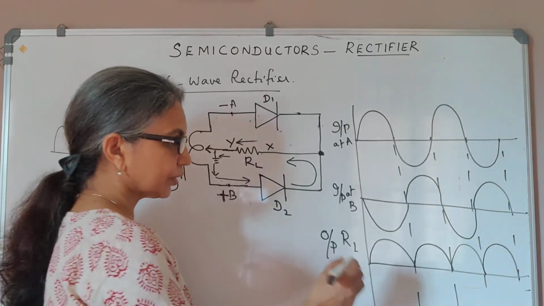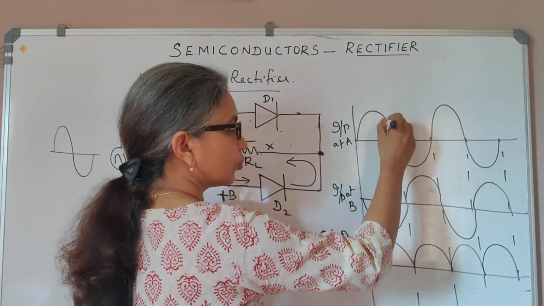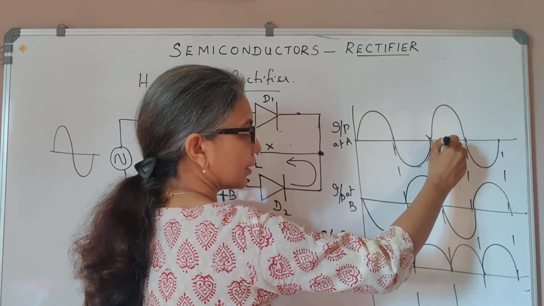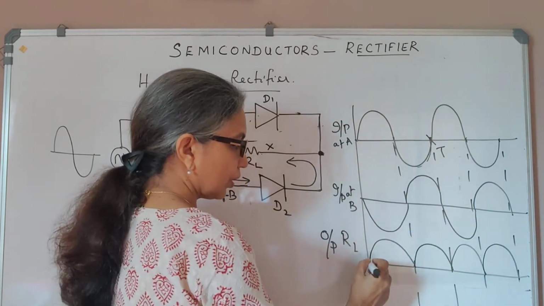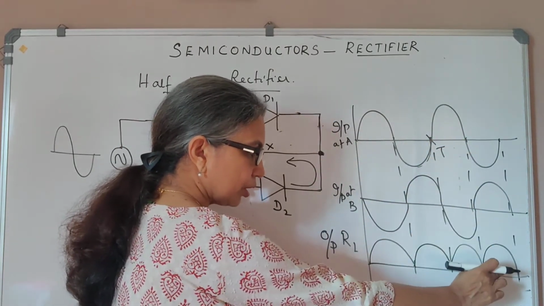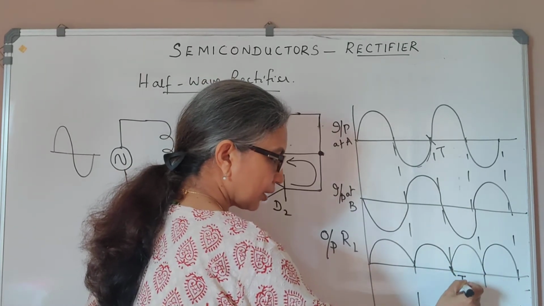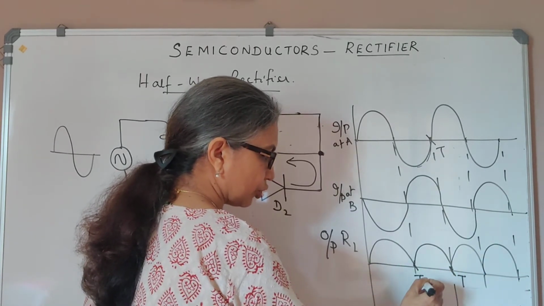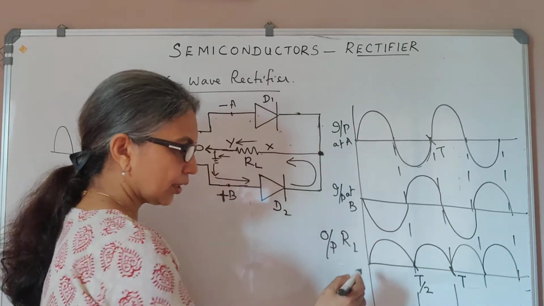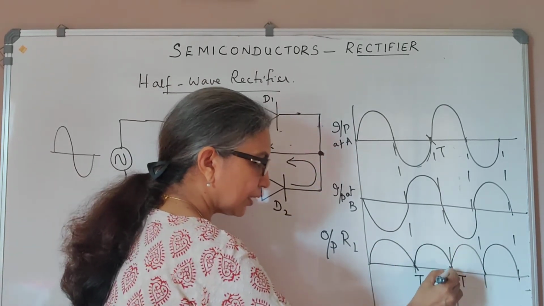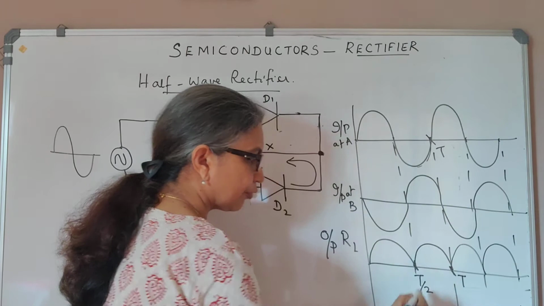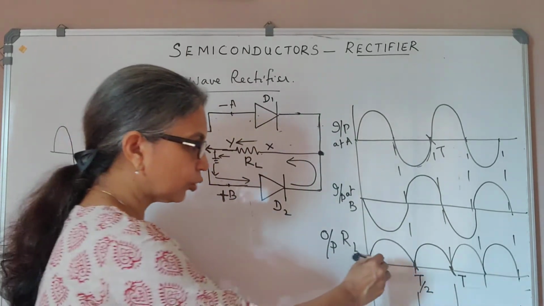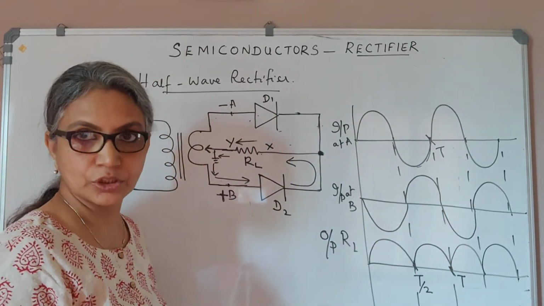Also, you will see that the frequency, now listen, this is one complete wave, right? So let me take this as one time period. So when it comes to the output, you will see that this is one time period, this is T by 2. So you will notice that this wave is repeating itself after a time interval of T by 2. So in the output, the time period is T by 2.